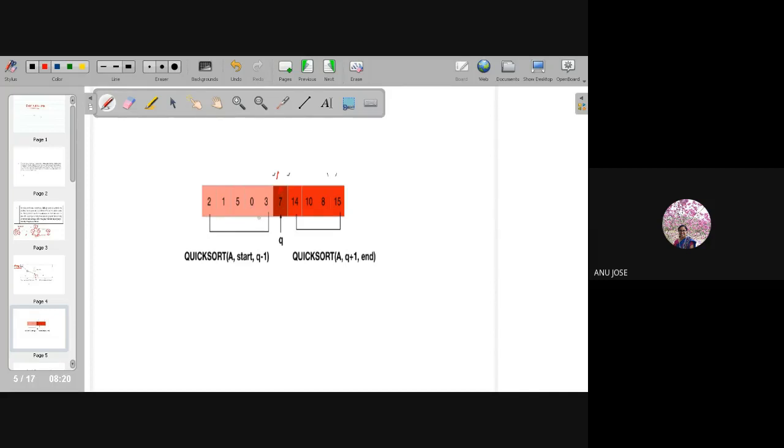Only one thing we check: whatever values are to the left of 7 should be smaller than 7, and the values to the right of 7 should be greater than 7. This is the strategy we are following.